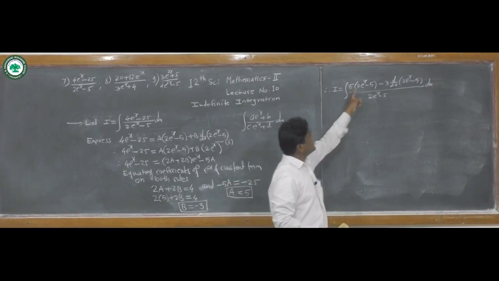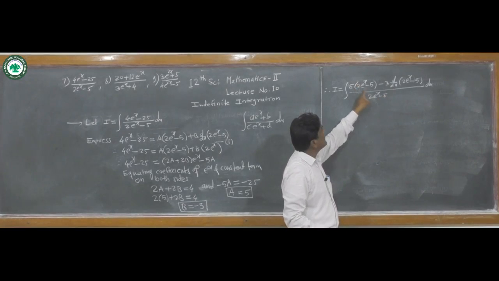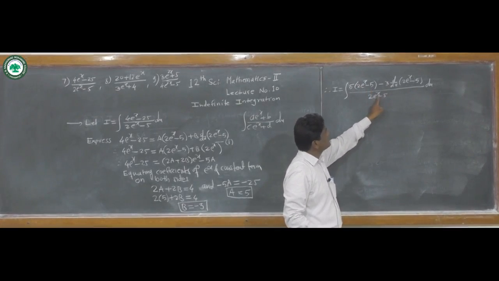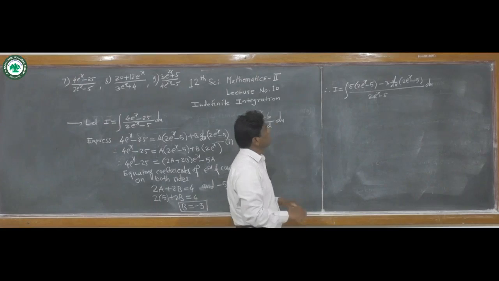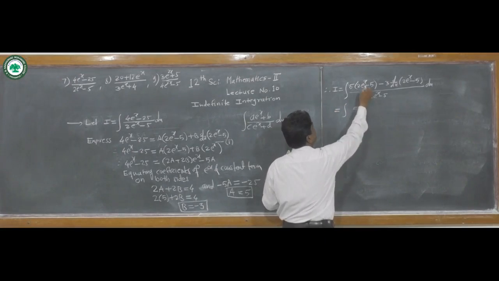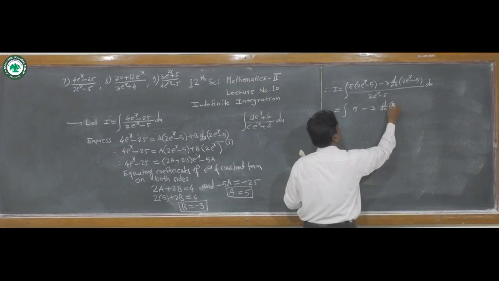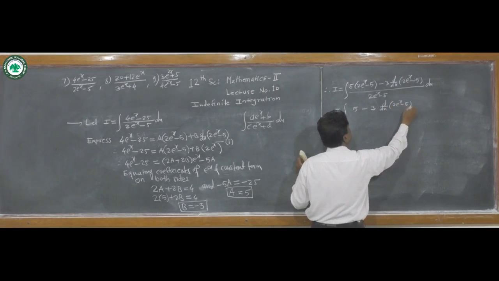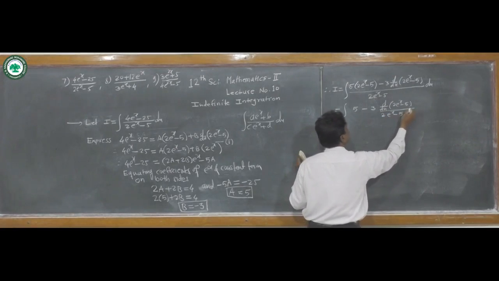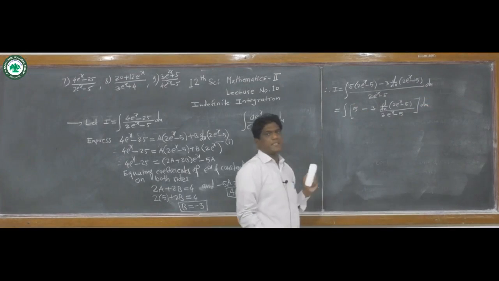Now here in the numerator there are 2 terms. So divide every term separately by the denominator. So we divide this and then this. So this 2 to the power x minus 5 and this 2 to the power x minus 5 get cancelled to each other, and therefore we get integration of 5. Minus 3 d by dx of 2 to the power x minus 5 divided by this denominator 2 to the power x minus 5, and we take here square bracket and dx. And now take separate integration.